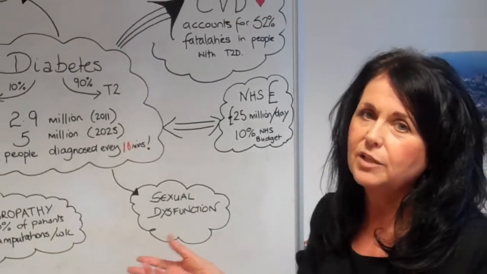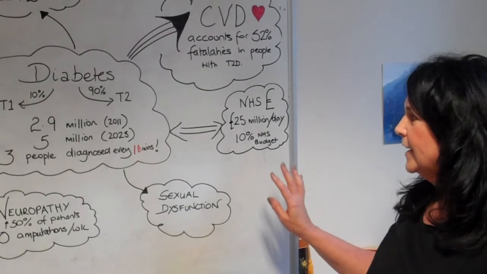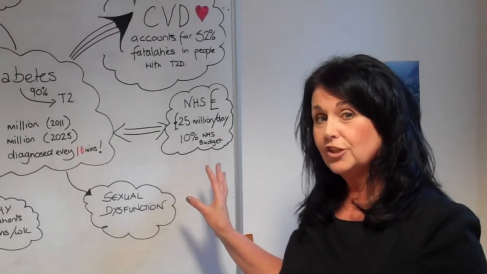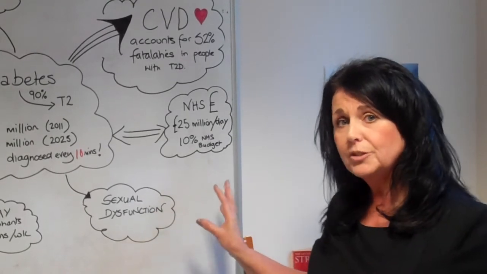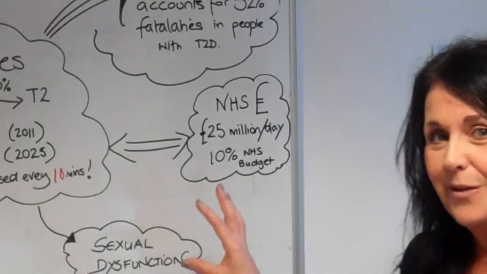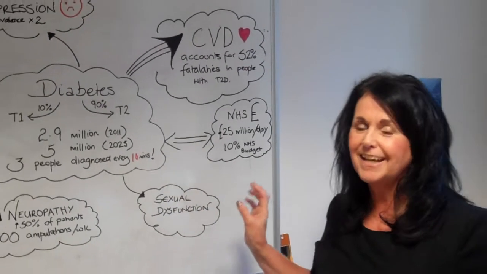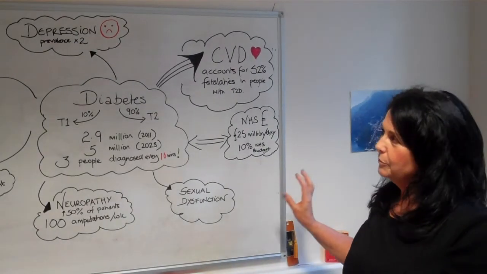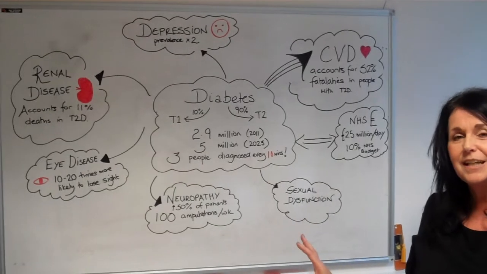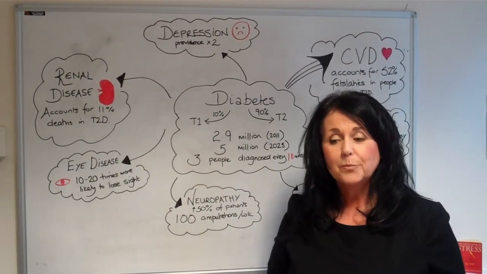In addition to this, diabetes has a massive impact on the NHS. It's estimated that we spend about 10% of the NHS budget in managing patients with diabetes, and this equates to a staggering figure of £25 million every day. So if we look at this big picture, it does seem a little bit like doom and gloom, but it's